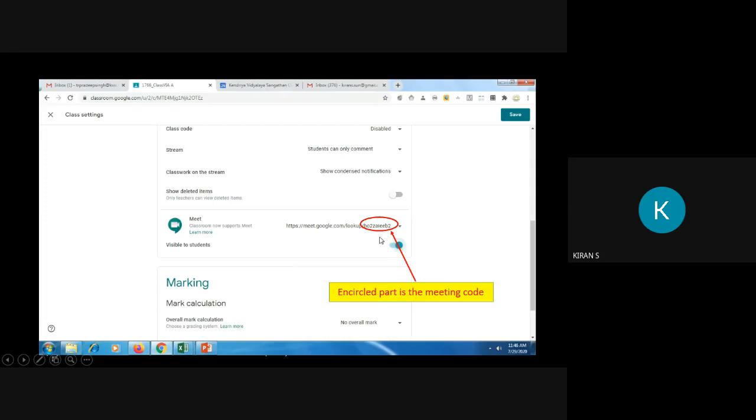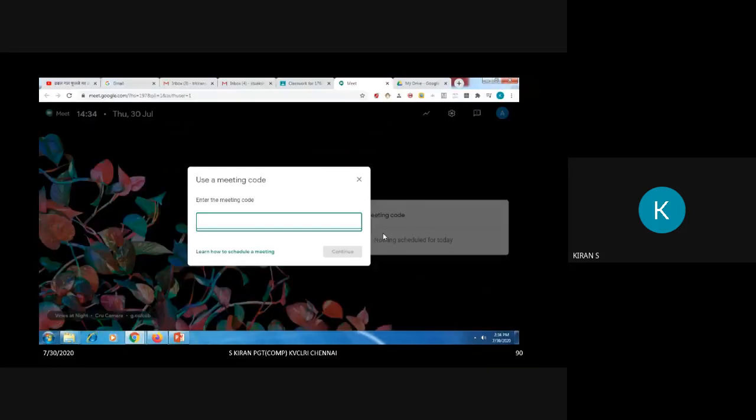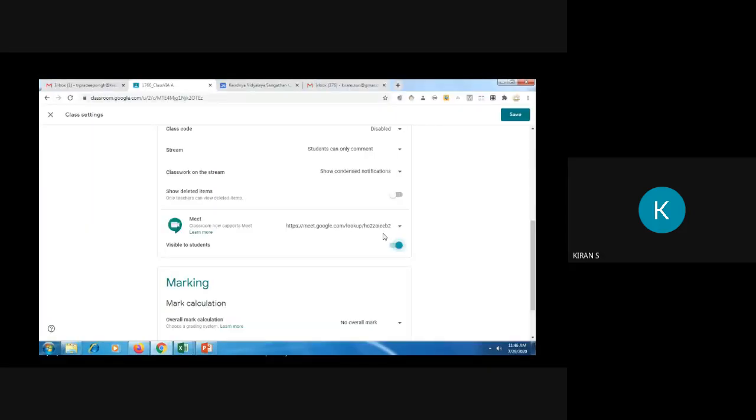As class teachers, it is better if you tell them all possible ways of joining a class. They should not type the complete link. They have to type only the last part, which becomes the pseudocode or the meeting code for the student. They only have to type it over in the previous screen and they will be joining the class automatically.